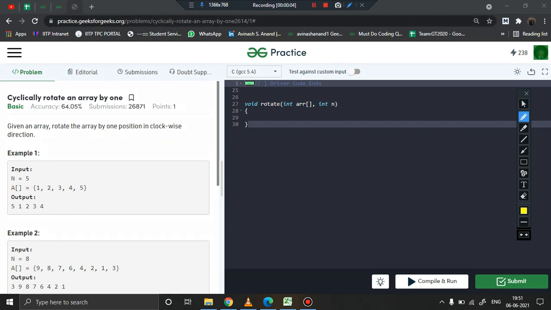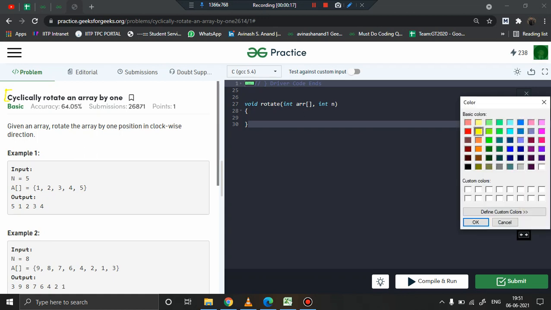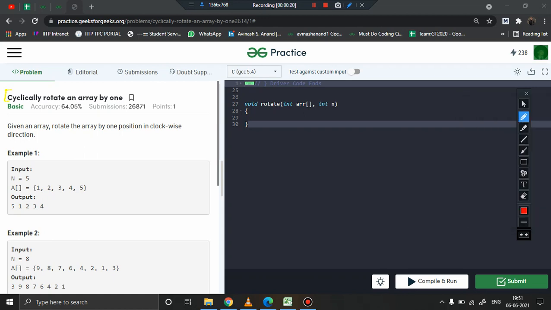In this particular video, we are again back with a very basic problem, very simple, but often it can appear complicated to beginners. So keeping the beginners in mind, I would like to solve this problem wherein we have to cyclically rotate an array. Rotating an array in the sense we just have to rotate it by one step.